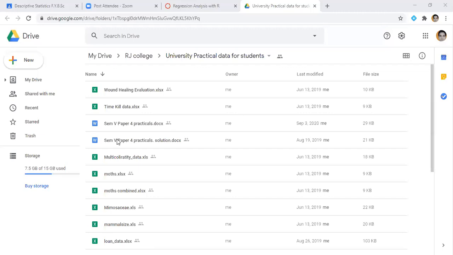Maybe I have not uploaded all the files here, all practicals, because I have to make a little change in the practicals. But whatever remaining practicals are not going to be changed, they are there in the practical sheets. You will find all the questions here. You can see semester 5 paper 4 practicals and semester 5 practical for solution.